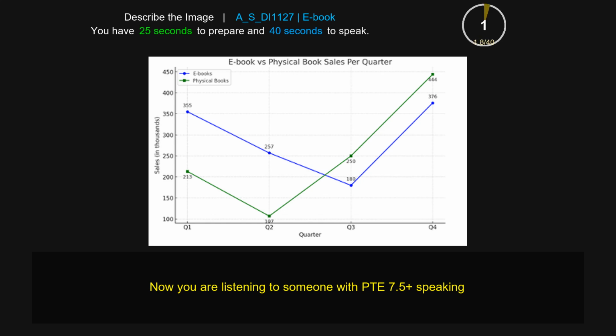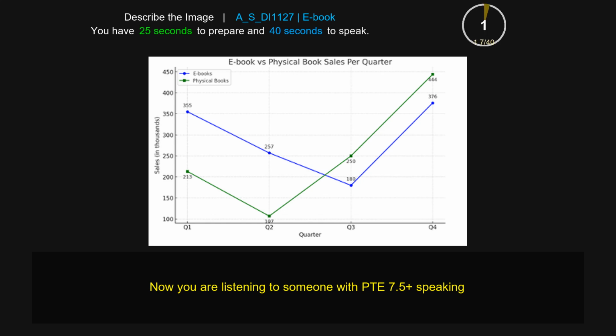The provided image is a line graph which gives information about ebook versus physical book sales per quarter. The highlighting points of the image are ebook and physical book, denoted by orange and green color. The highest value of ebook is in quarter 4, which is 376, whereas the lowest value is in quarter 3, which is 180. Furthermore, quarter 2 and quarter 3 are 257 and 355 respectively. In addition, the highest value of physical book is in quarter 4, which is 444, whereas the lowest value is in quarter 2, which is 197. In addition, quarter 1 and quarter 2 are 213 and 250 respectively. In conclusion, the